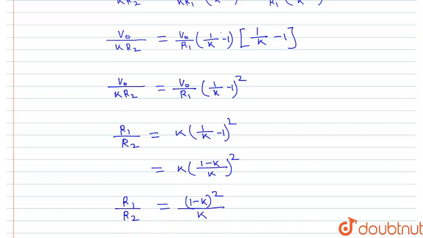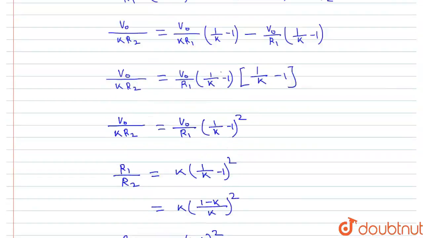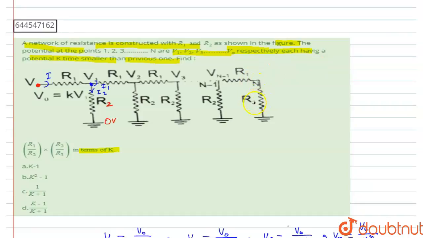Clear? Similarly we have to find the R2 and R3 ratio. So how can we find the R2 and R3 ratio? We can see in the figure that from here we can find this R2 and R3 ratio. So I1 current is flowing from here. Let us consider this is I1. So I1 current is also flowing here. This is the same path, R1 and R3 in series. So if I1 current is passing through R1, the same I1 current will pass through R3.